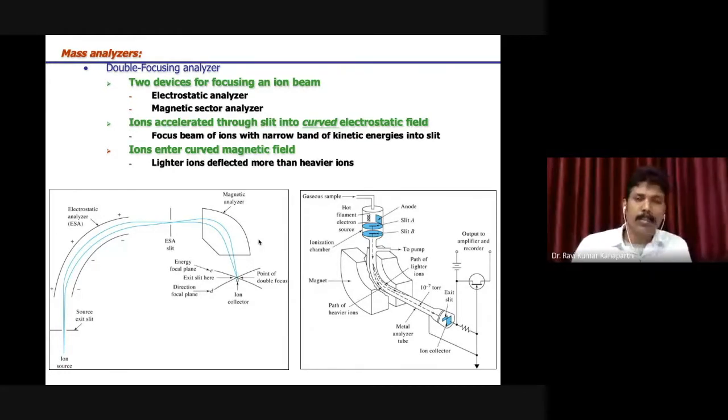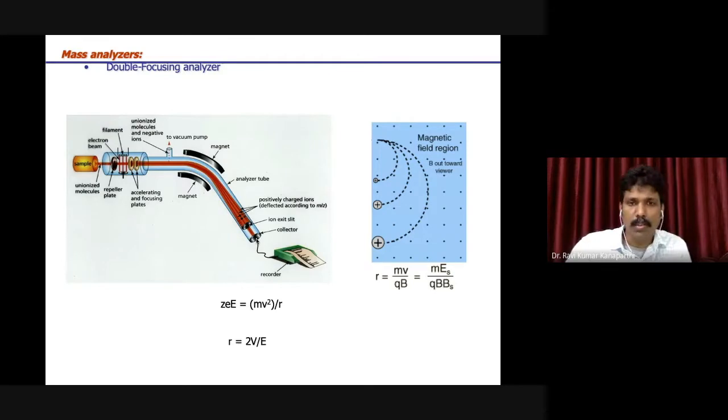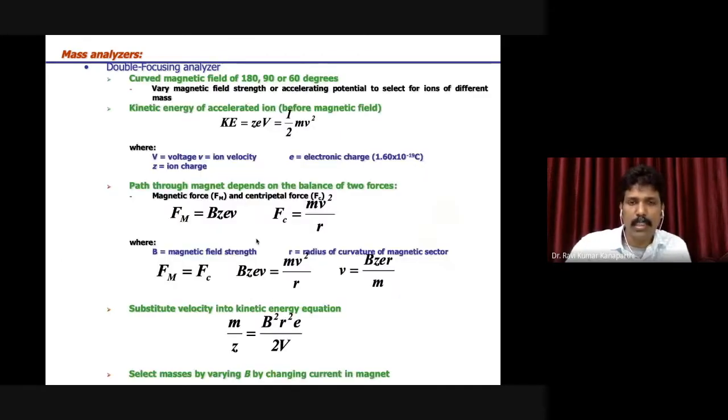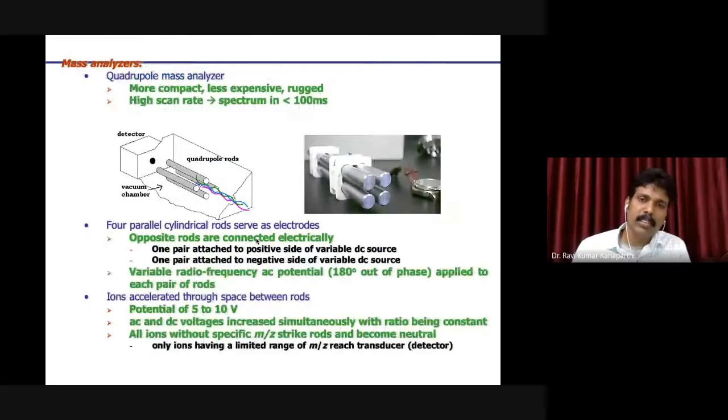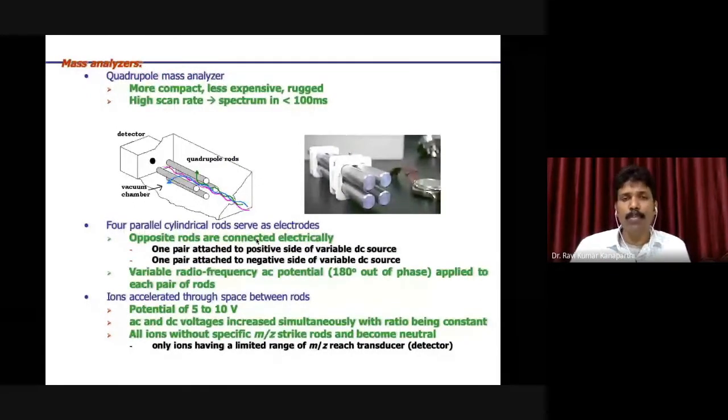Okay, so to improve the resolution, people have played with different configurations, where they have used more than one electrostatic field, and also more than one magnetic field in the ion analyzer chamber. This is a great subject, and I will not go through the further details, but just remember that by using double focusing ionizers, it is fairly easy to improve the resolution and to get the molecular mass of the sample up to fractions.